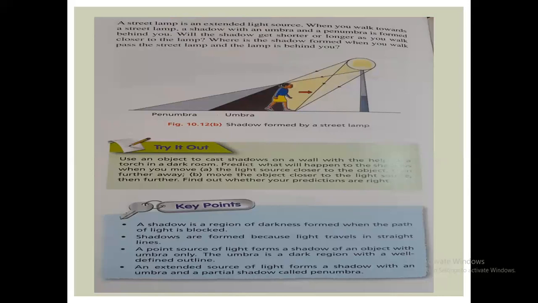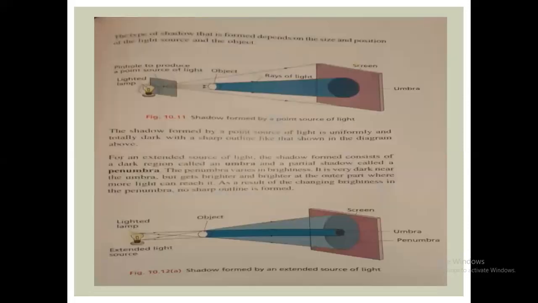Okay, so a street lamp is an extended source of light. See, when you walk towards a street lamp, a shadow with an umbra and a penumbra is formed behind you, all right, not in front of you. Will the shadow get shorter or longer as you walk closer to the lamp? As we've studied over here that